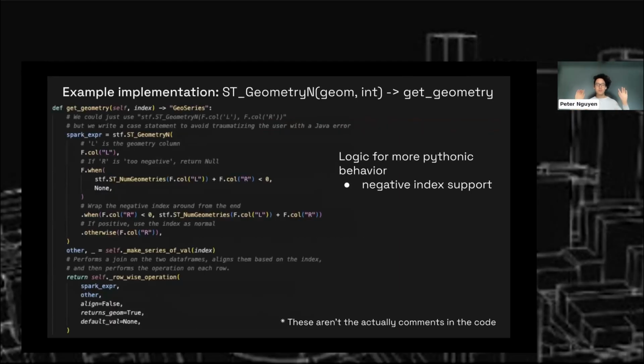Yeah, so just to start, I'll go into a demo later, but I want to show a little what it looks like internally. So this is a function here called get geometry, where it's essentially just getting the nth geometry of some sort of geometry collection. And there's all this fancy logic. I won't go through it, but essentially this is